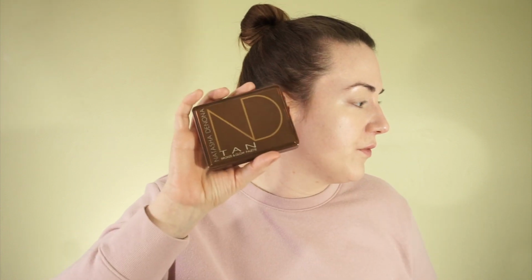Also, I have this from Natasha Denona as well. I'll just show you all the products I have to work with. Okay, so these are all the Natasha Denona items that I have. I bought these blush duos back around this. I bought them in the same order with the foundation. And I got this one, which is,